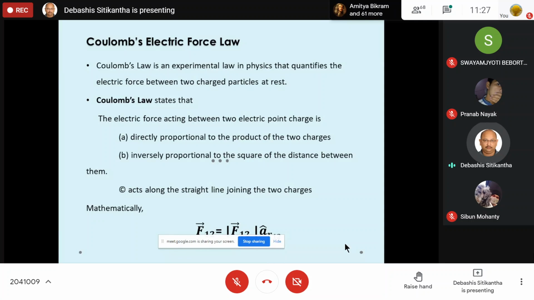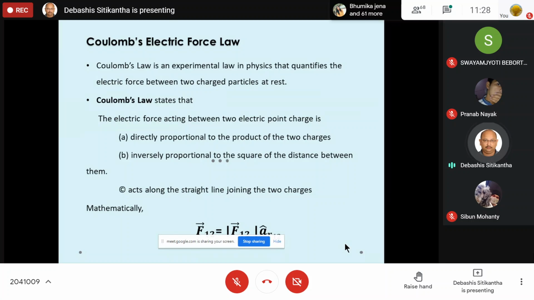Coulomb's law is an experimental law in physics. What does that mean? That means Mr. Coulomb conducted a number of experiments, and ultimately he concluded this Coulomb's law. Practically you can show and prove this experiment, but mathematically, through derivation, you cannot prove it. So this is known as an experimental law, or in many books it is also written as an empirical law. Empirical and experimental laws are based on repeated experiments which conclude the same thing, but mathematically it is not possible to derive these types of equations.